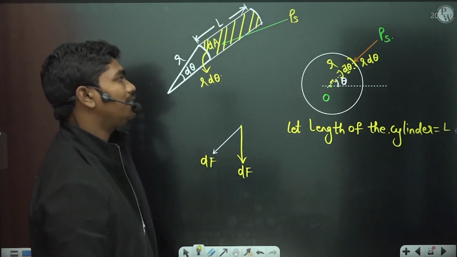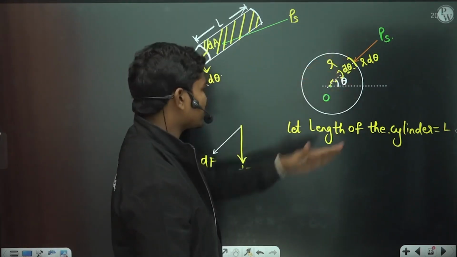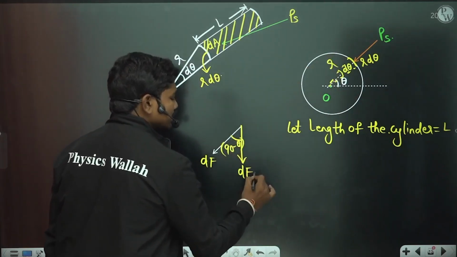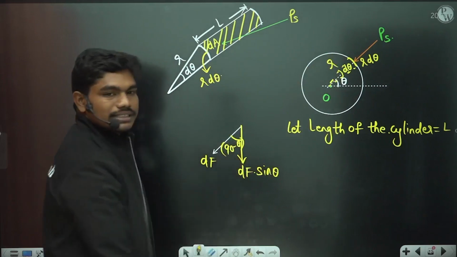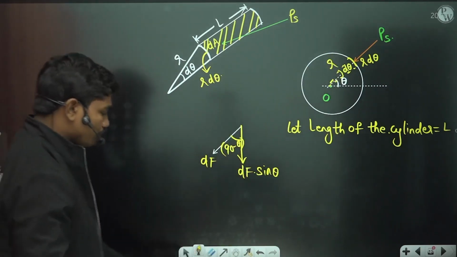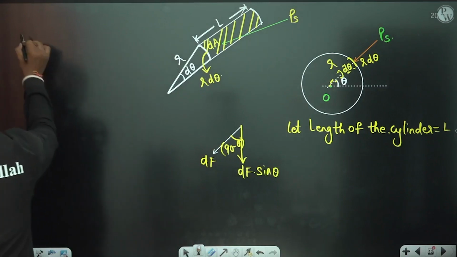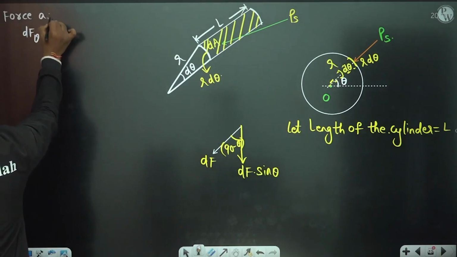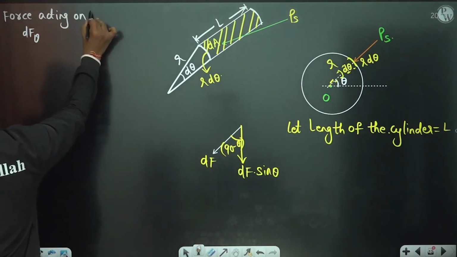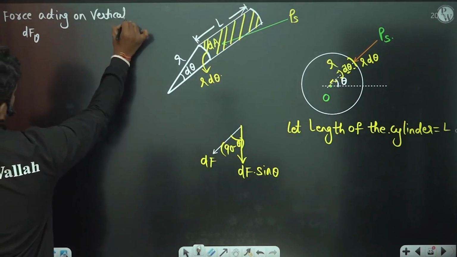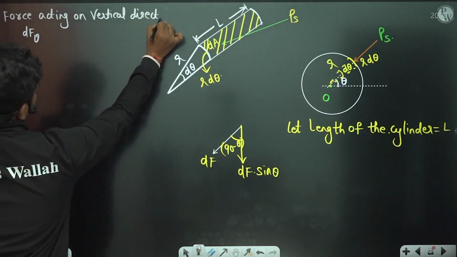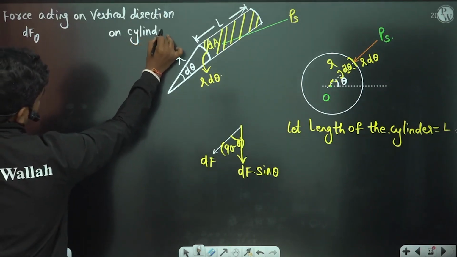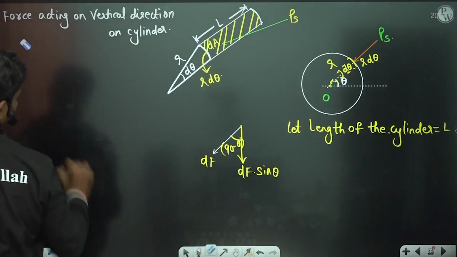And what about the angle? You see here, the angle between this line and horizontal is theta, so this line and the vertical will be 90 minus theta. So this is dF cos(90 minus theta), which is dF sin theta. So the force acting in the vertical direction, dFV, on the cylinder. So if you try to calculate this lift force, for example,